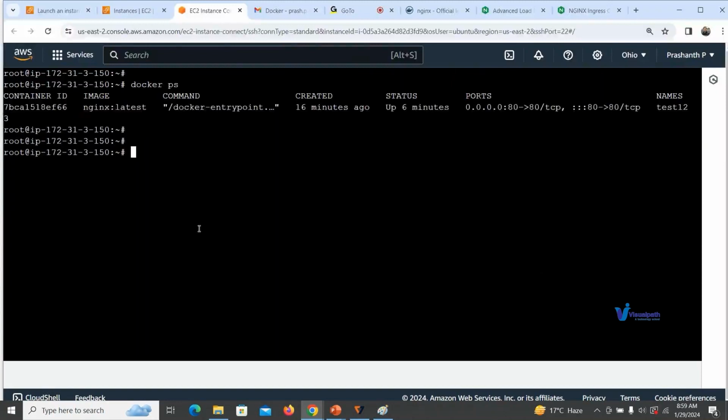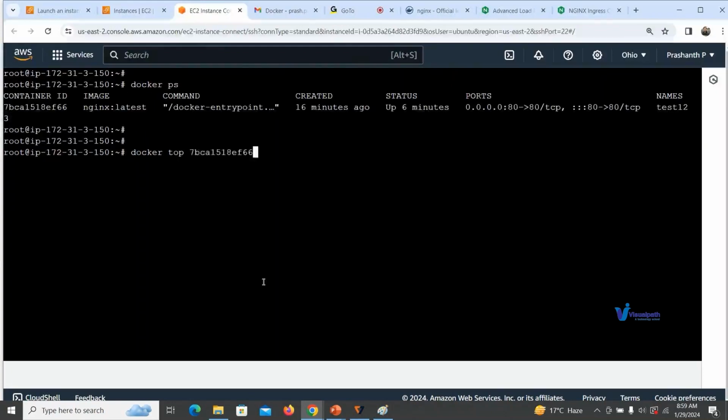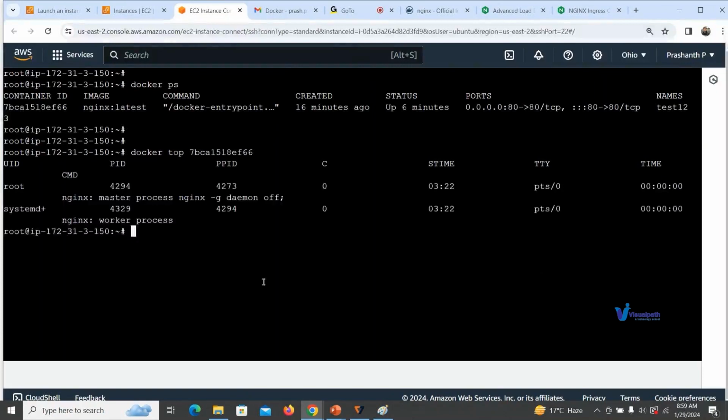And what is the command? Docker top. Top command is also basically give you the resources utilization. Resources when I say means CPU and memory. Whenever I say resources means I'm talking about CPU and memory. So you see here, this guy was running on two CPU, right? Engine was running on two PID, right? One PID